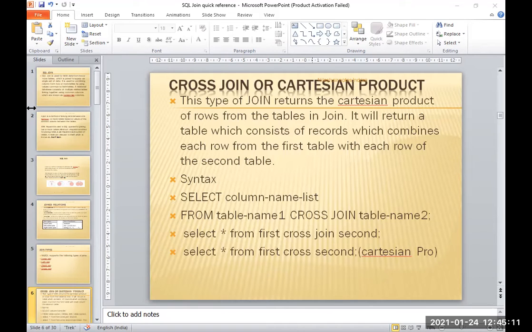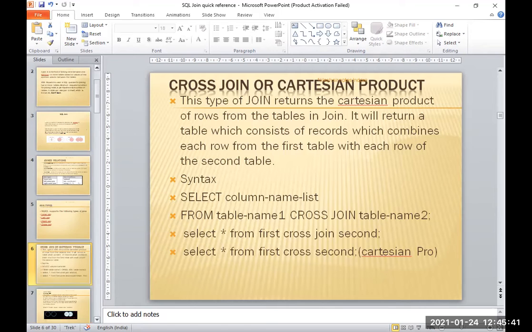The meaning is that the first row of the first table displays all the details of the second table, and the second row of the first table displays all the rows of the second table. That is the most important thing. Here we see all the records will be displayed. In both tables, two records are there, so the output will be four records. So 2 into 2: whatever rows in the first table, whatever rows in the second table, multiply them and display.